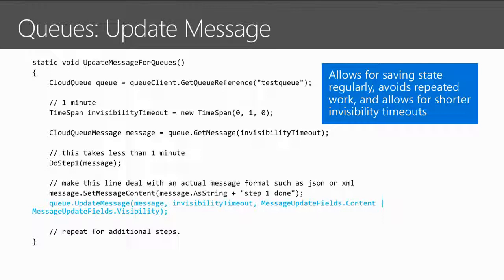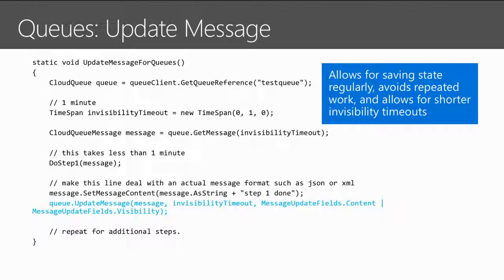So you could, within that hour, 2 hours, periodically, first only take an invisibility timeout of a minute. And then every 15 seconds, 30 seconds, call back and extend that invisibility timeout. Say, I'm still working, still working, still working, still working. And update the contents to say how far you got. Right? Say I got done with step 1, I got done with step 2, I got done with step 3,